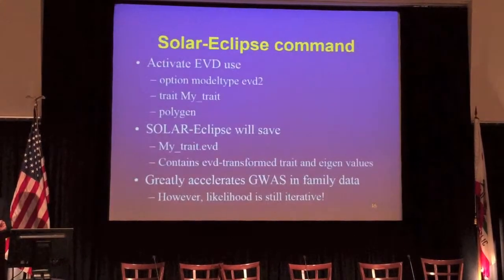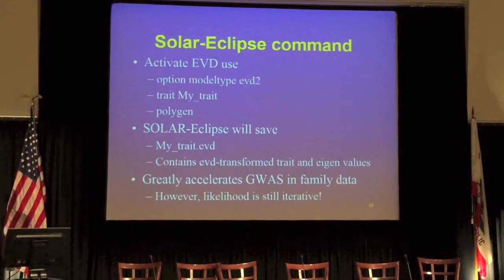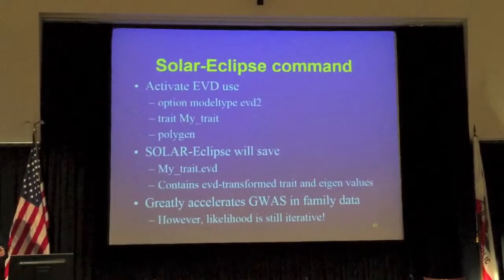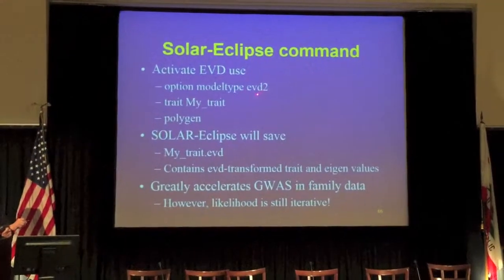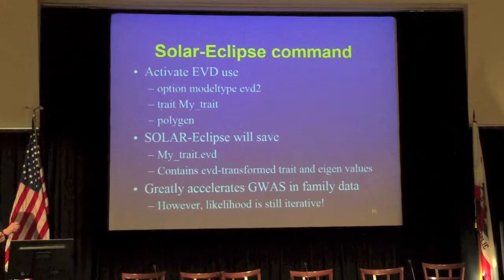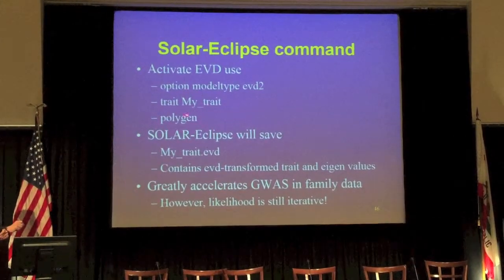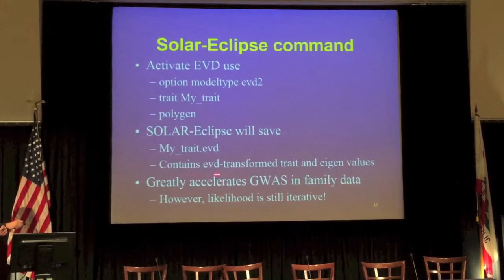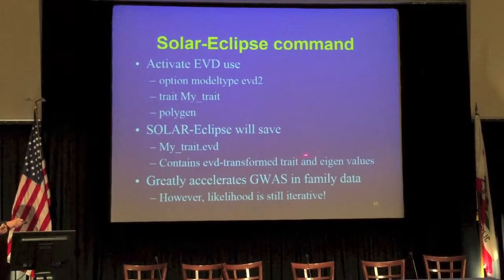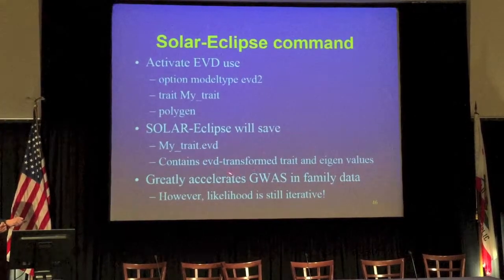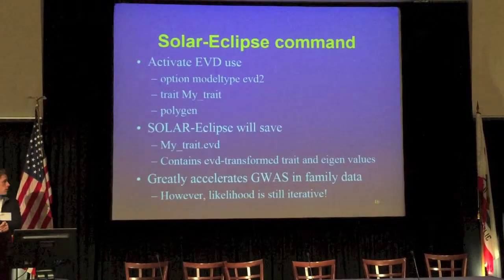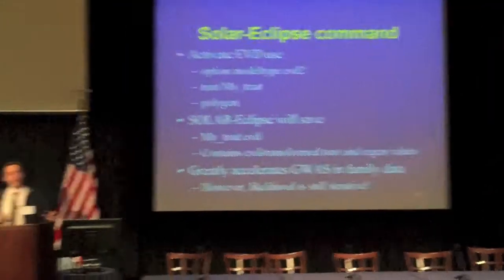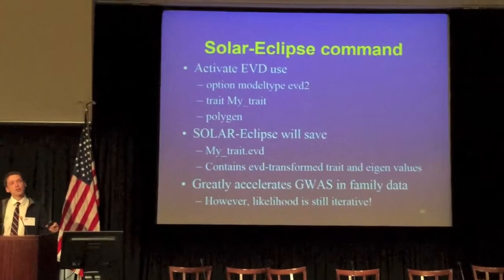So Solar Eclipse now fully implements the EVD deconvolution, and to activate EVD you simply use option model type EVD tool. Then you define your trait and run a polygenic analysis, and Solar Eclipse will save the EVD transform data as well as the EVD transformation for the trait and eigenvalues. And this can greatly accelerate GWAS and family data. However, the likelihood analysis is still iterative, so now it doesn't invert a huge matrix, but it still takes 20